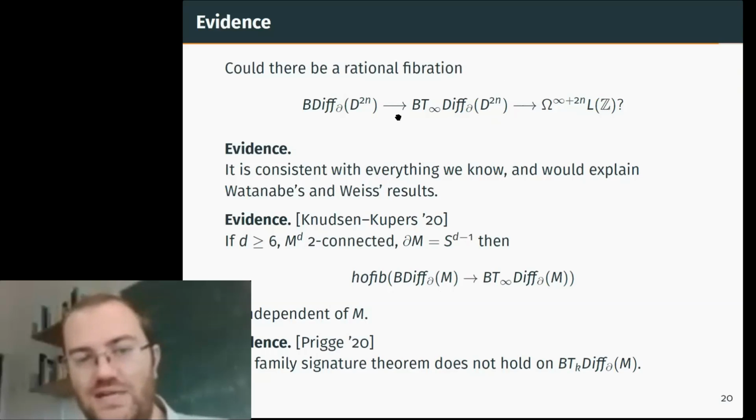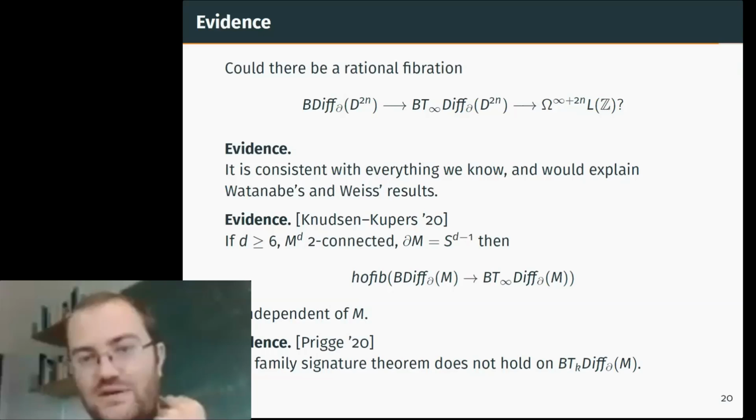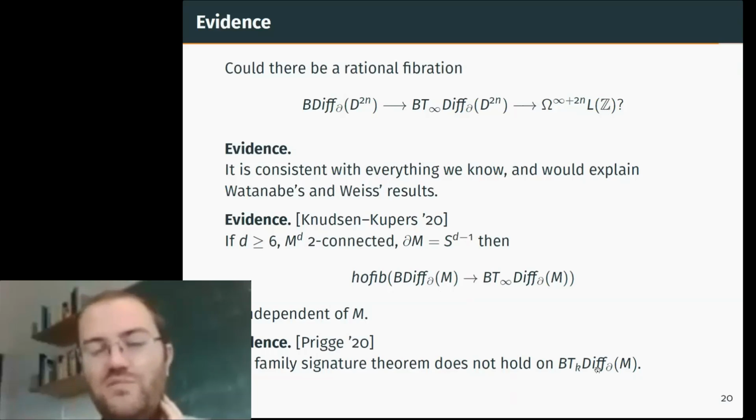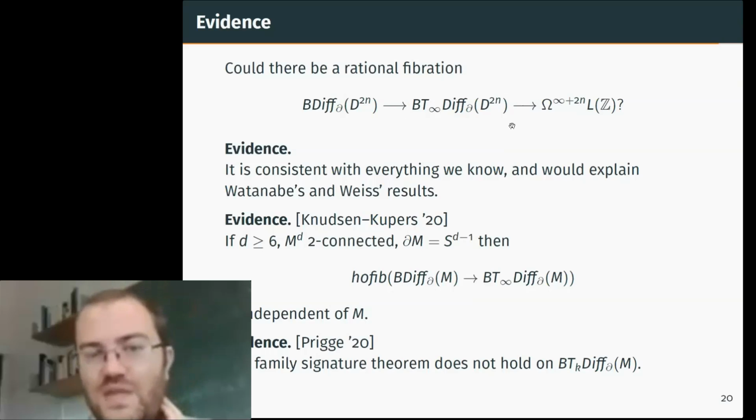Now, on this embedding calculus tower, it turns out you can define these two things. In fact, they're both defined very near the bottom of the tower. But this equation between them doesn't hold, ever, in the sense that there's no k for which it holds for all manifolds M. You can't quite go from that to the limiting statement. There could be something dangerous going on in taking that limit, but it certainly suggests to me that the family signature theorem should not hold on B of T infinity. And the failure of that holding, one would expect, would be accounted for by a copy of symmetric L theory, which is the universal home for signature type invariants.